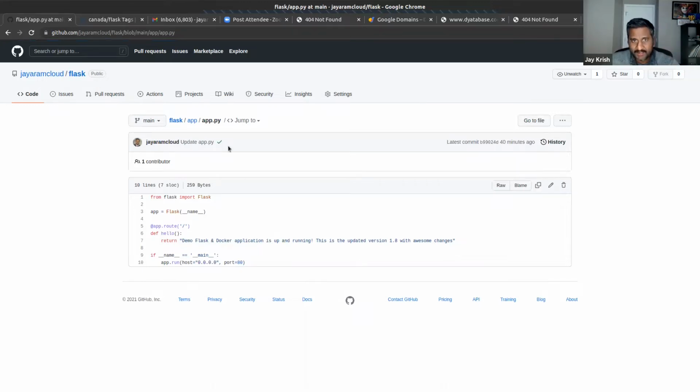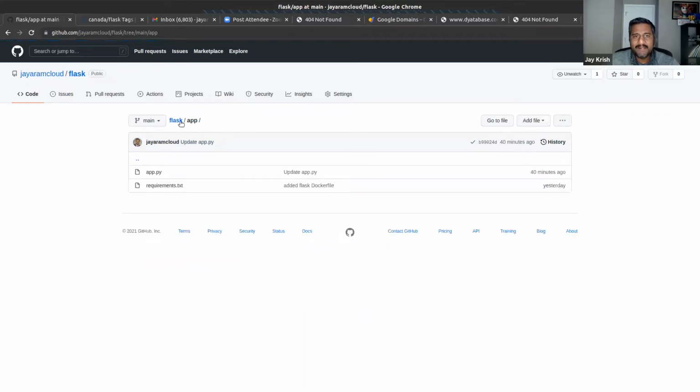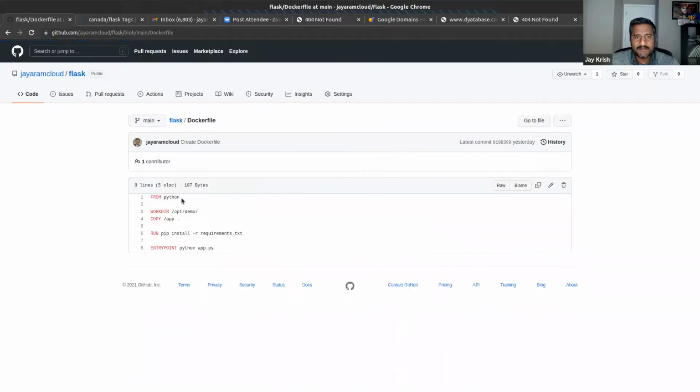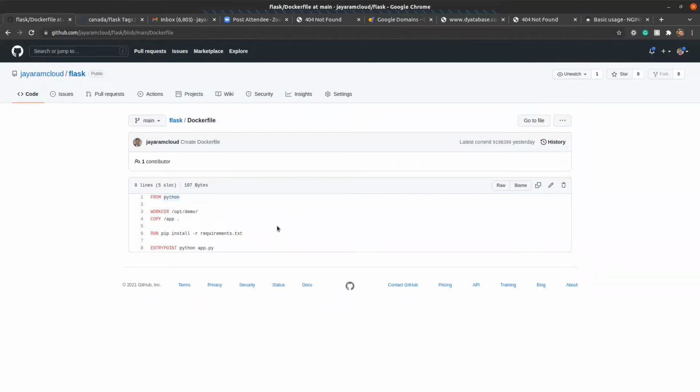Okay. So now these two files get embedded inside this simple Python Docker container, and from Python means from Docker Hub's Python image. There's already a Python image. So what we're saying is, import that Python image, which is going to be our base.